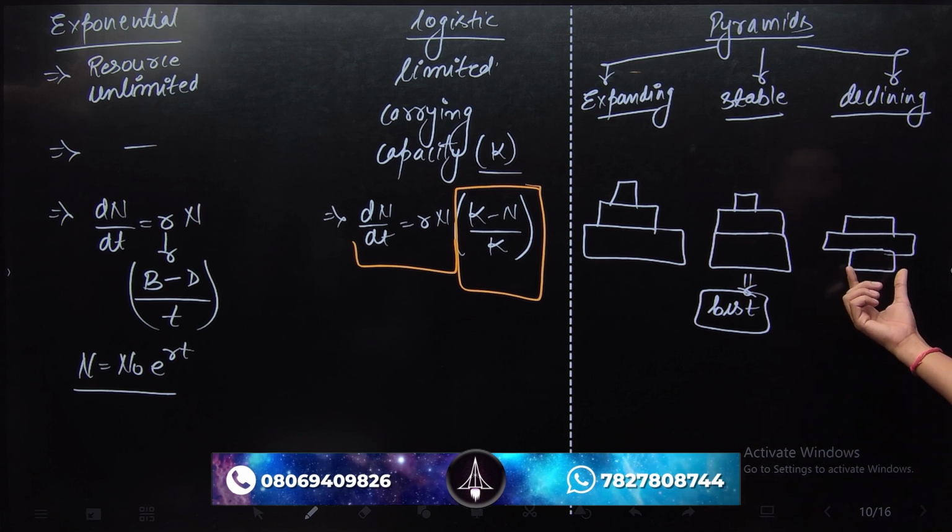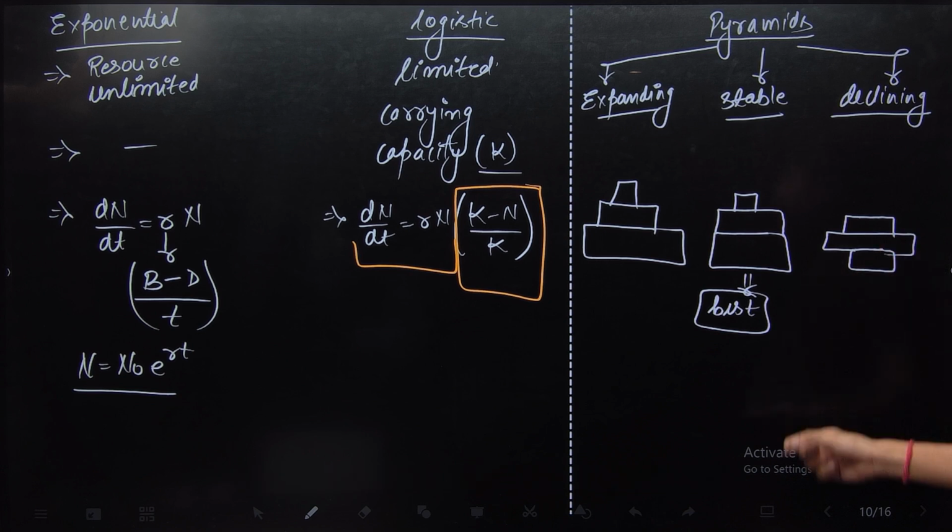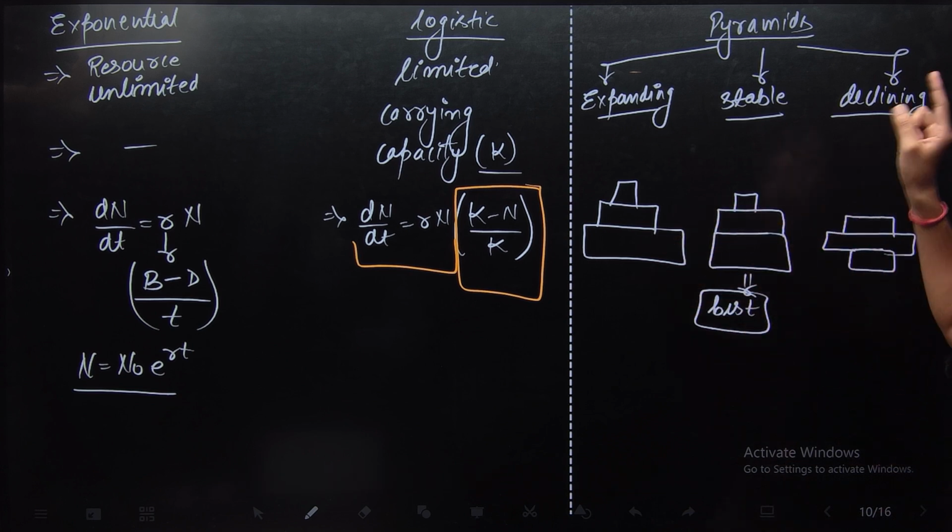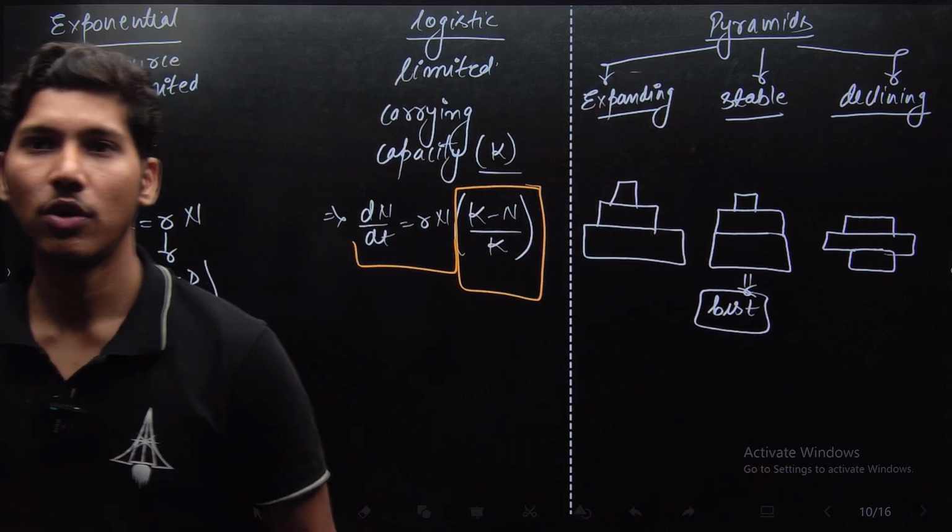And if the pre-reproductive individuals are less and reproductive are more, then it is known as a declining population, because pre-reproductive individuals should be more in number. Out of these three, the best one is the stable type of pyramid. Okay,